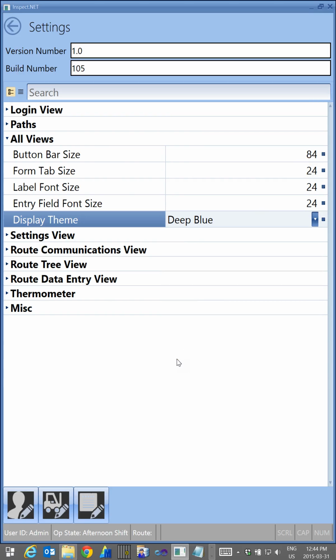The reason why we do that, which we didn't do in InspectCE, is that with InspectCE we had a pretty good idea of the size of the screen. On InspectNet, they can be everything from a tiny 5-inch screen all the way up to a full-on 40-inch TV screen. So therefore, it's very difficult for us to know in advance what the size of the device is in terms of screen real estate. So therefore, we have made all the screen options